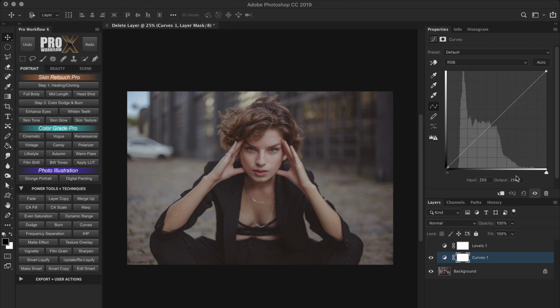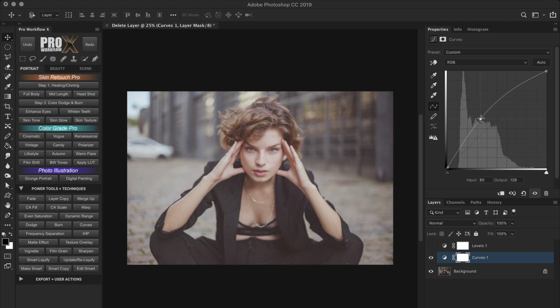The brightness scale doesn't have any midpoints, but you can create up to 14 control points on the diagonal, which corresponds to the brightness scale below. So if I put a control point in the middle and set the brightness level of exactly 128, it is equivalent to the midtone slider in levels. And just like in levels, if I move it left, it brightens the midtones, and if I move it right,